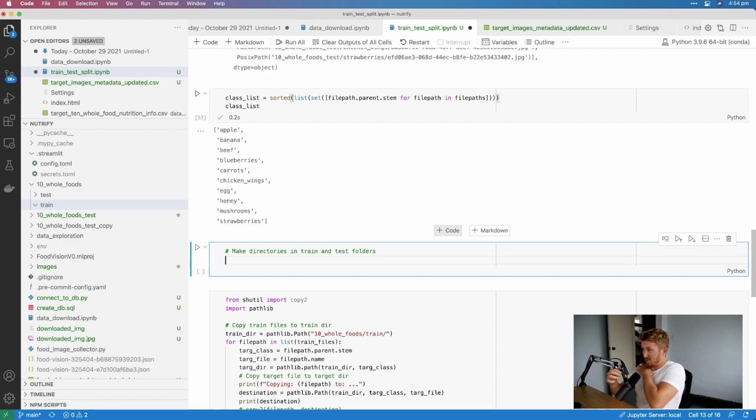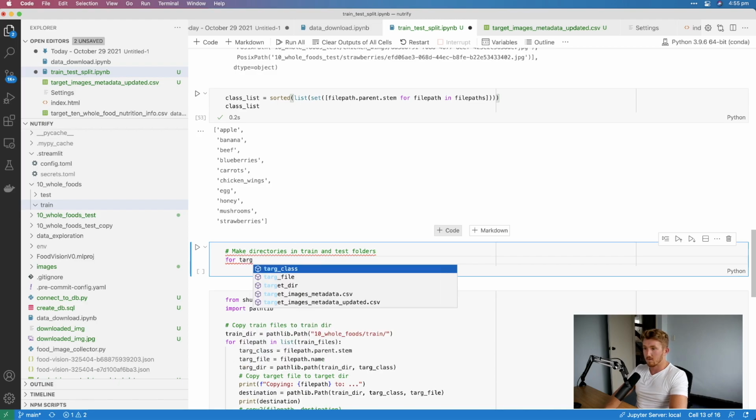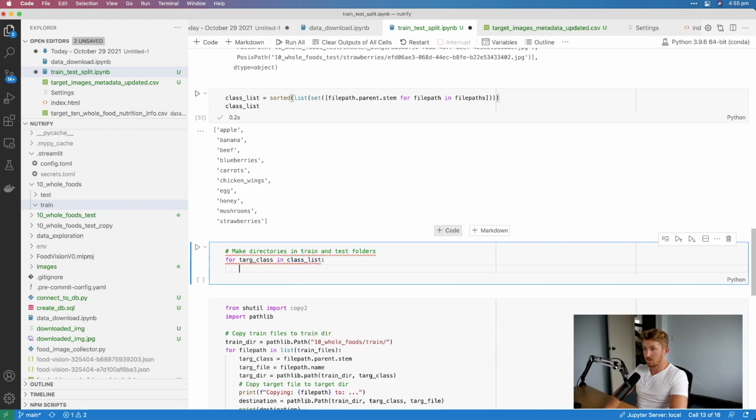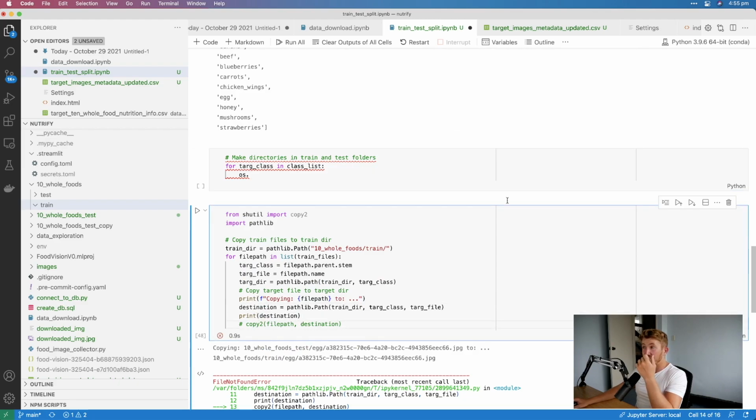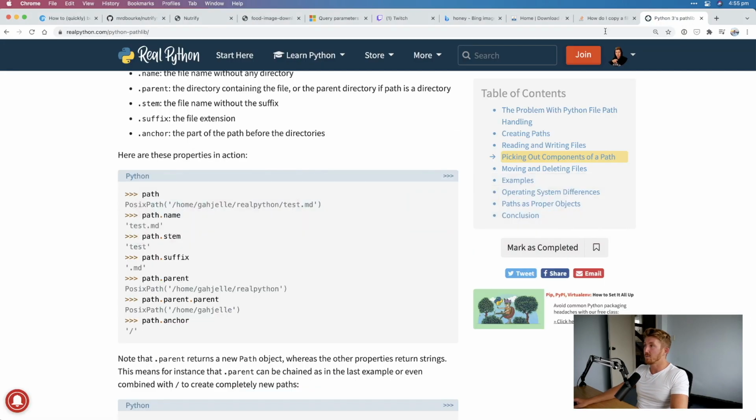Apple, apple, apple. For does destination in copy2